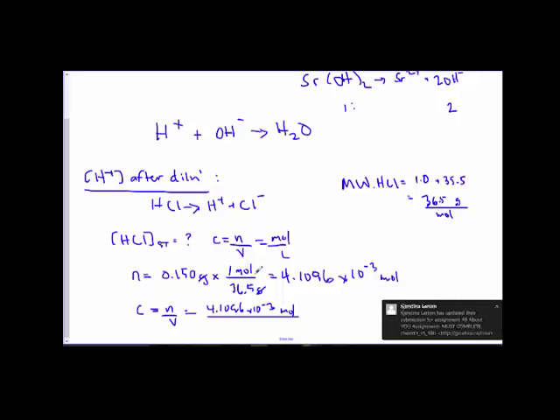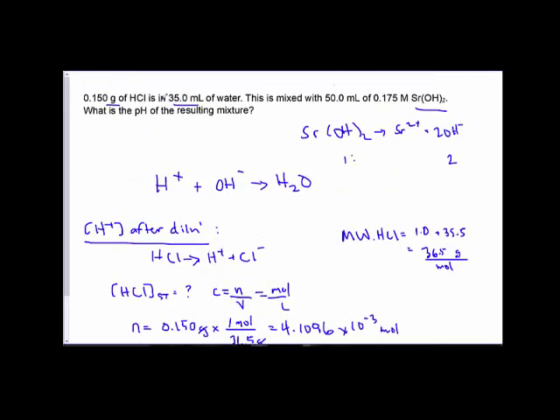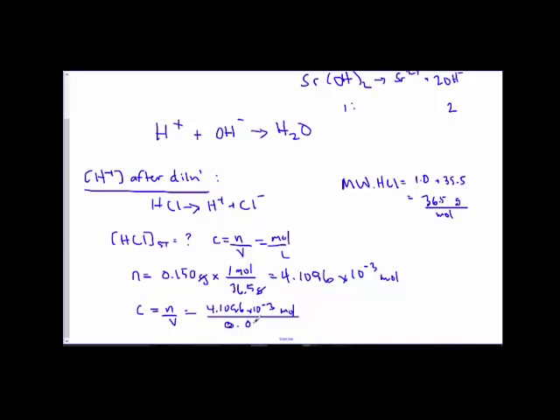Okay, so we've got 35 mL, but I have to change that to liters, so I could just divide it by 1,000. So that's going to be 0.035, and keep my sig figs. There should be one more 0 after that. Liters. Okay, so my concentration is equal to